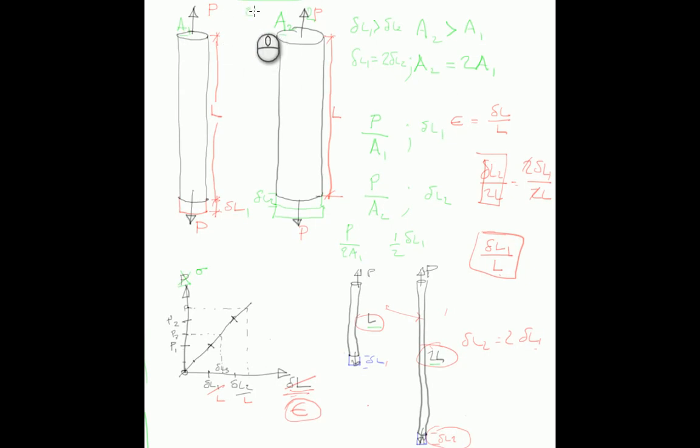So although we've got 2P, we've also divided that now to get our stress by 2A1, such that that is reduced again to P, the P that we had here, divided by A1. So although we have to double the P to get the same delta L1, so twice delta L2 of strain, the fact that we are dividing it by the area and the area is twice as much brings this